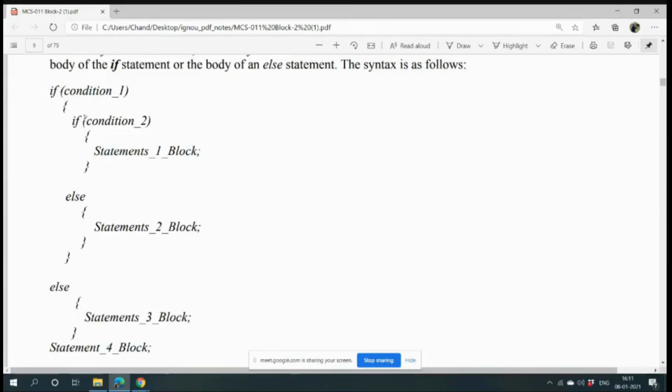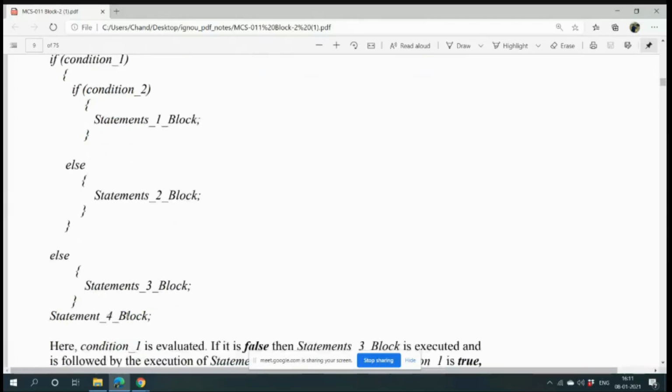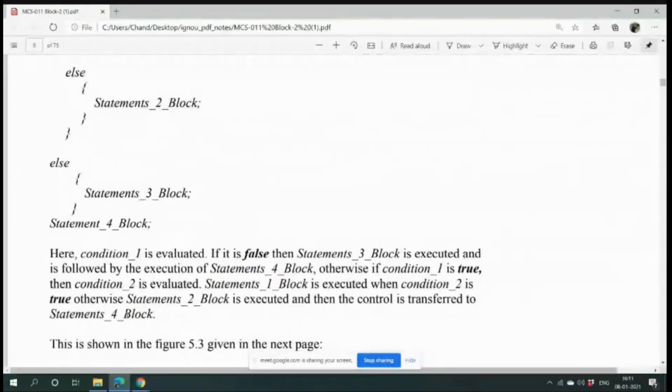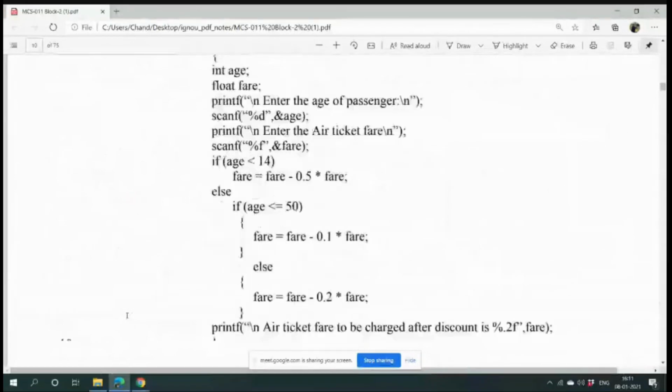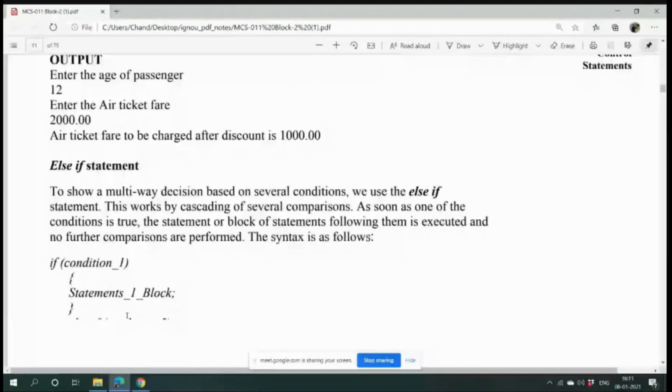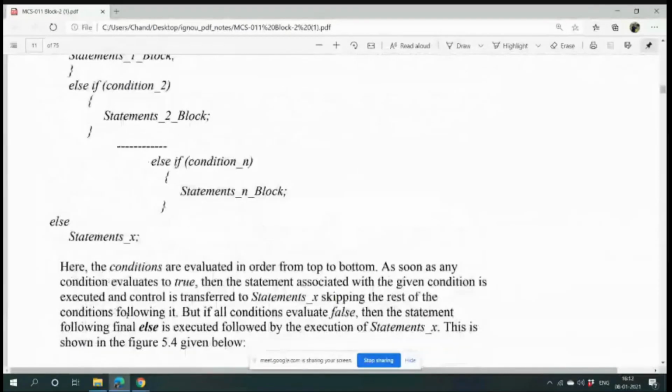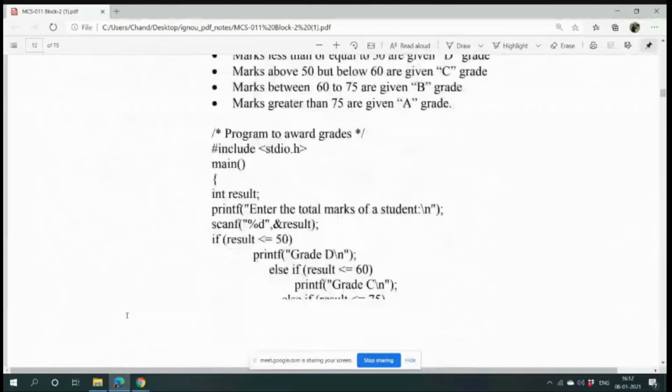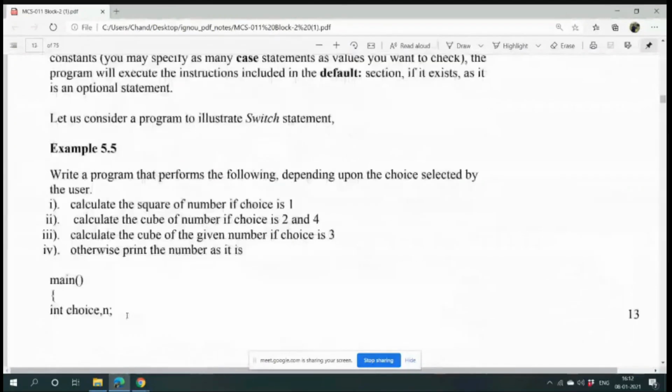See the thing: statement 2, it is if statement started, it is if statement closed. Inside this if, one if is there, one else is there. If the condition is true you will enter here. If condition 1 being true, condition 2 is also true, then you will enter here. If condition 1 is true but condition 2 is false, then you will enter here. If condition 1 is false, then you will enter here. So this is called nested if. Similarly you can put nested else. You can search nested programs from the net and see small programs of nested if. Lastly I think switch, and I am closing the class.